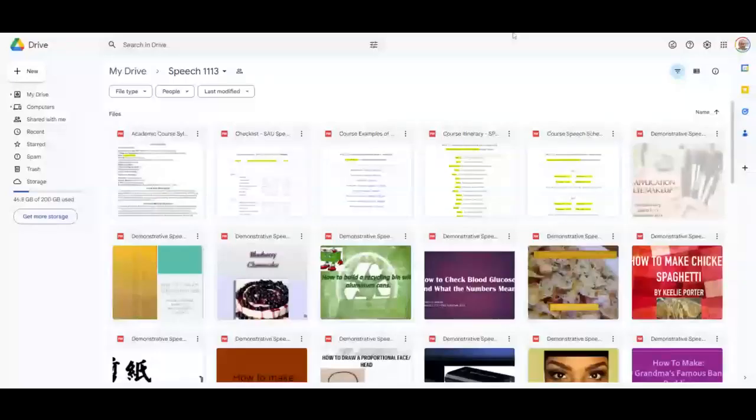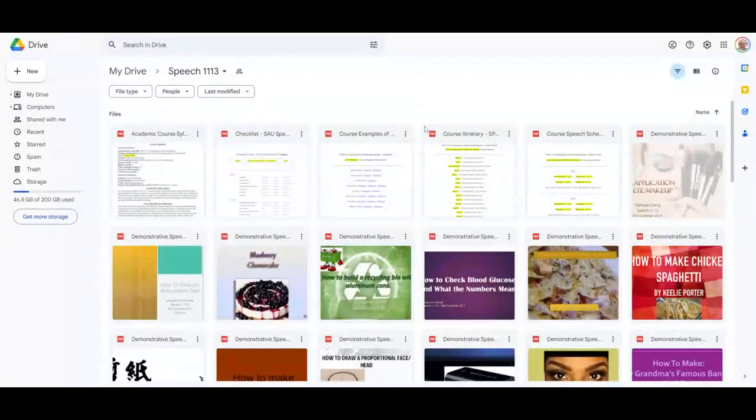This is what you'll see at my website, but I'm going to show you Google Drive first. This is what I'm going to be referring to in just a moment. All of this data is going to be of great assistance. And remember, when you're at my website, you can access it now through the instructor information area of Blackboard.